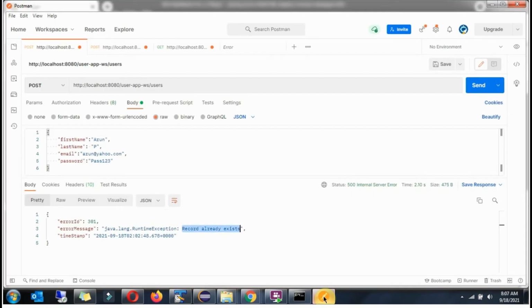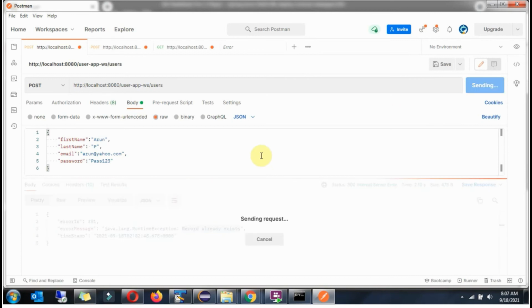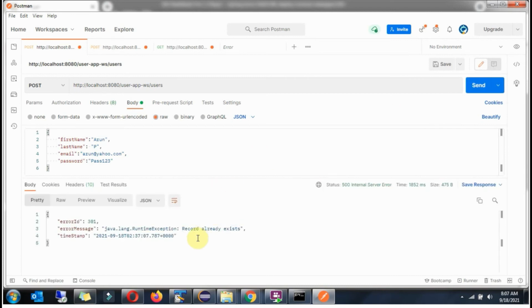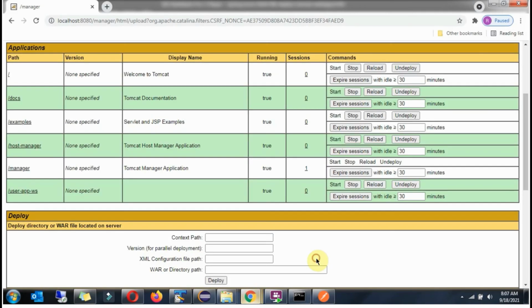Open Postman and send the request. And here we got the output. Record already exists. So we successfully deployed the WAR file, and it is working. Here you can see options like stop, reload, and undeploy. I am clicking on stop.